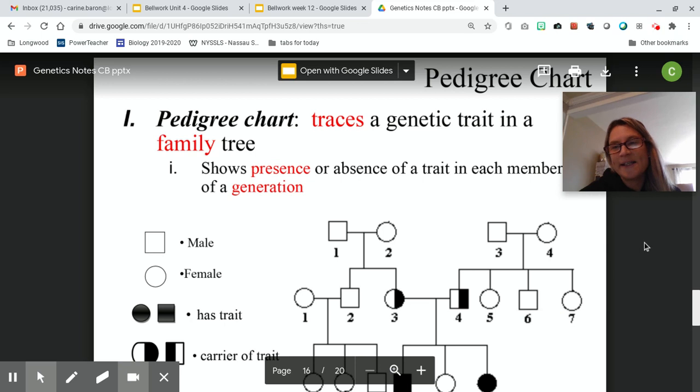Hi guys, today's lesson is going to be entitled Pedigree Charts. So after you did the do now, there is a 9.5 minute video. I will go back and go over the answers in a second, but what I would like you to do